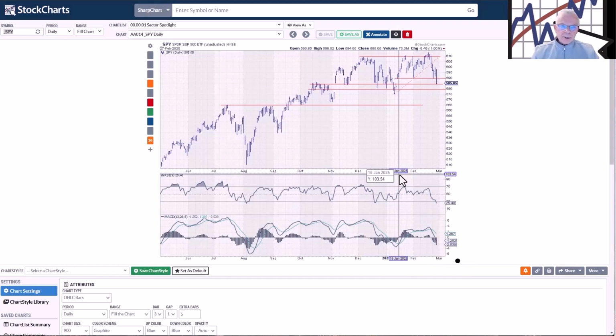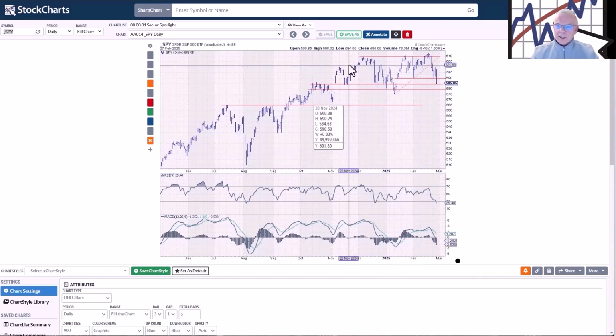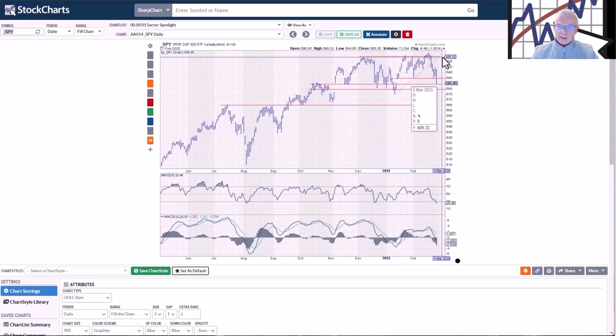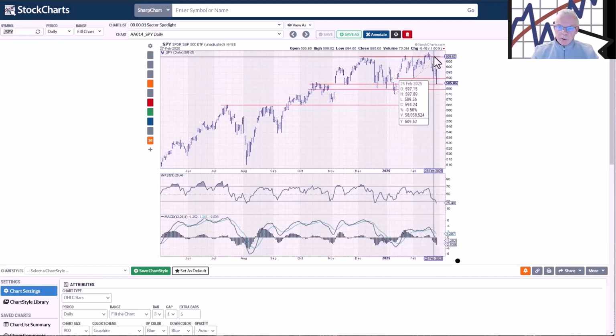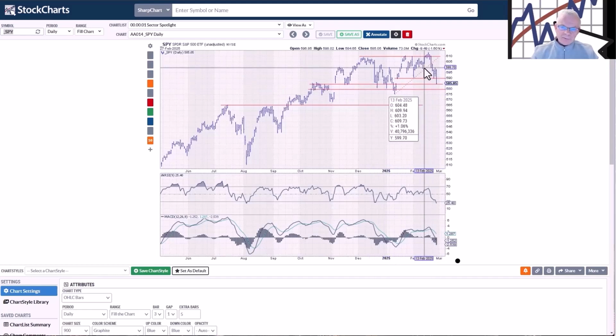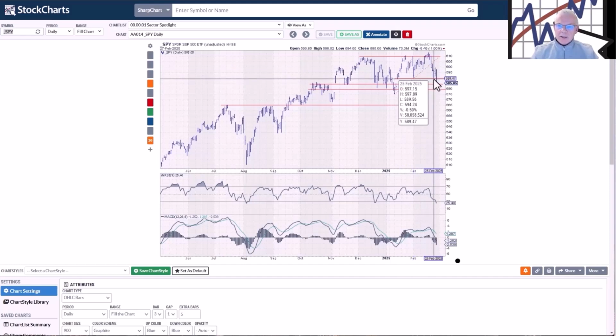Here's the chart of SPY, and you can see that we tested that overhead resistance around 610. We discussed that a few times. Then we broke that rising support line, which was a first sign of weakness. And then we hovered above this area of support around 590. We bounced up 1 or 2 days. And then today we actually broke this support level, which is around 590,